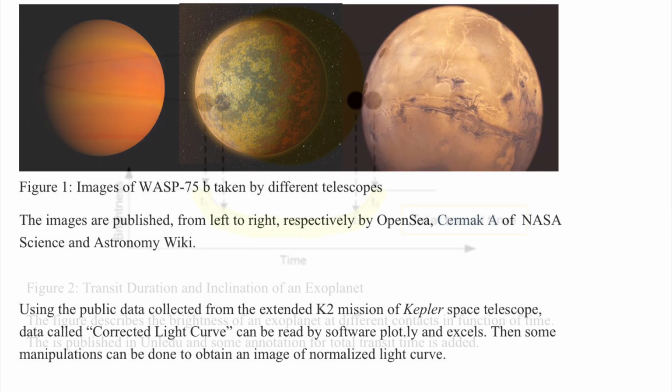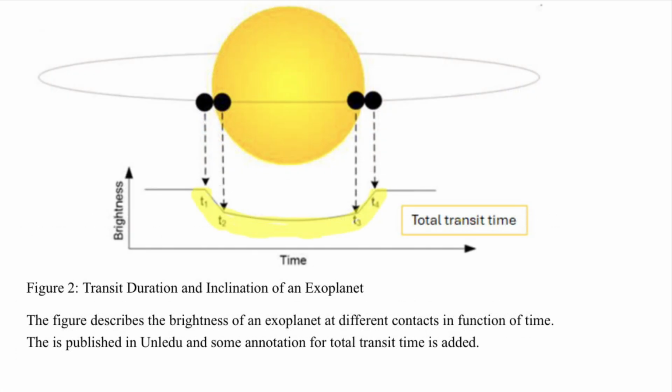Then some manipulation can be done to obtain an image of the normalized light curve. Based on the normalized light curve, the total transit time, full transit time, and the depth of the exoplanet can be calculated. In fact, the total transit time, Tt, represents the duration from the first contact, T1, to the fourth contact, T4, which is the time elapsed from when the exoplanet first touches the edge to when it leaves the edge of the host star. It has a value of 2.664 hours, and it suggests that the exoplanet transits